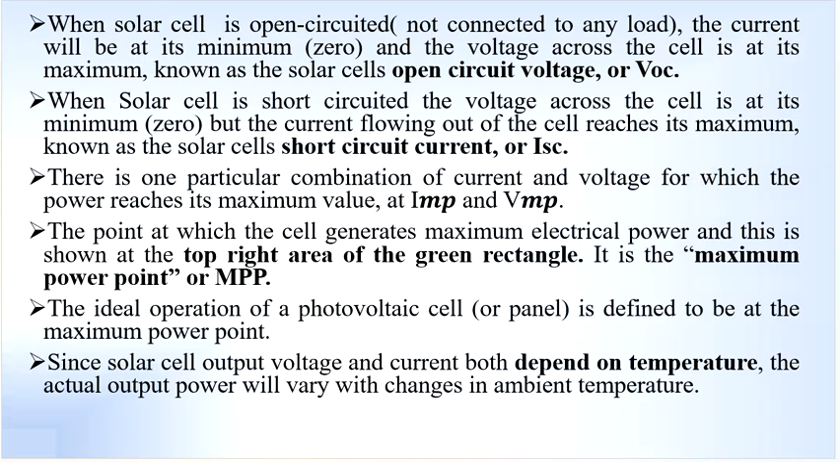So the ideal operation of a photovoltaic cell is defined to be at the maximum power point. If it operates at that particular point, we will be able to get maximum power out of the solar cell. So it is always desirable to operate the solar cell at that point. In order to operate the device at that point, there are several algorithms known as maximum power point tracking algorithms, because that point has to be tracked. Since the solar cell output voltage and current both depend on temperature, the actual output power will vary with changes in ambient temperature. This we will see in the next